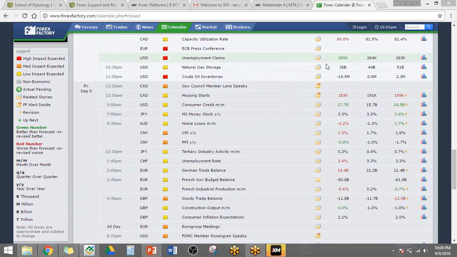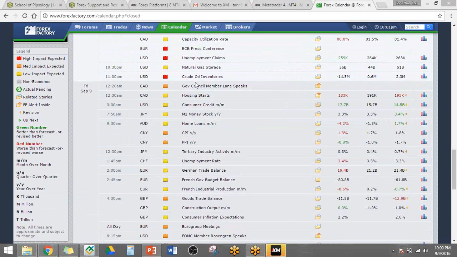Not always the case, but it should go up based on fundamental analysis. So let's say the pair that you're buying is USD JPY, and you say buy. Yes, that's a good trade if you buy that pair, USD JPY, because you're buying the US dollar and you're selling the Japanese yen.